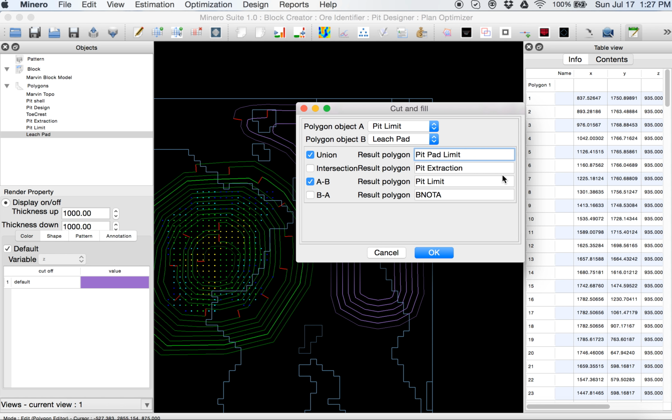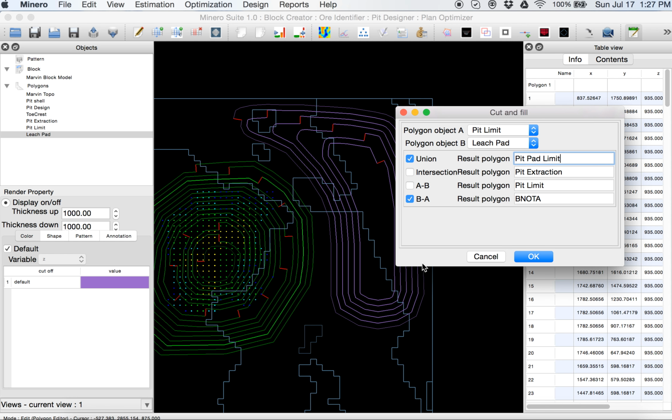And also I can have only the extraction, the difference between the leach pad and pit limit.